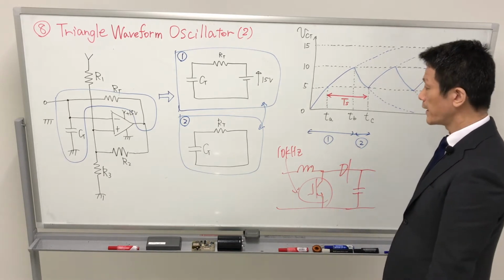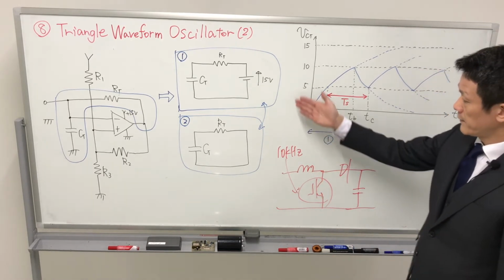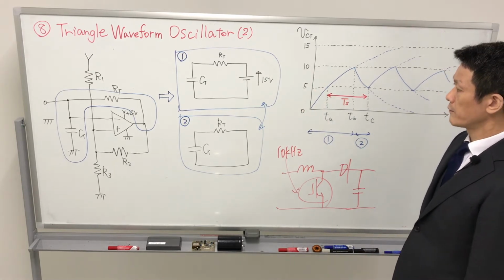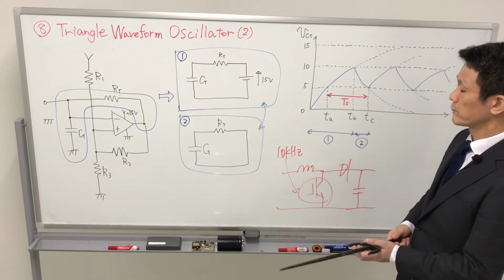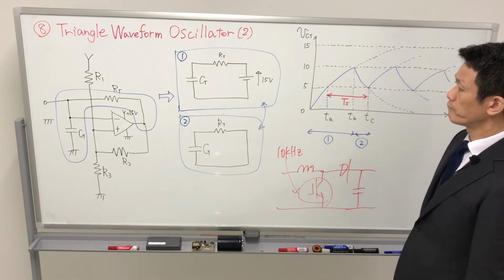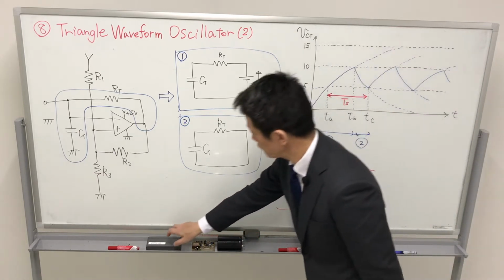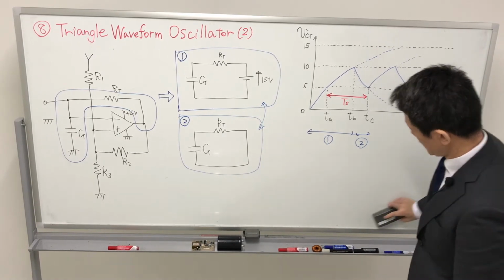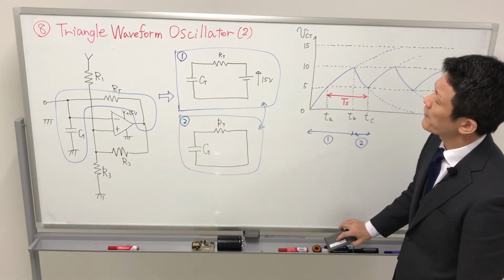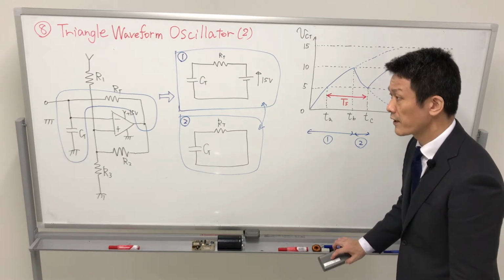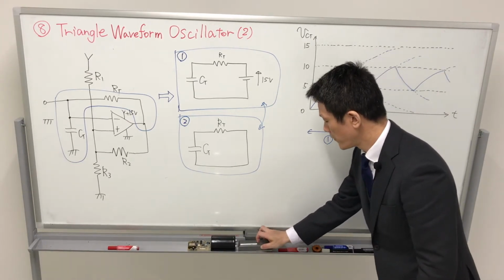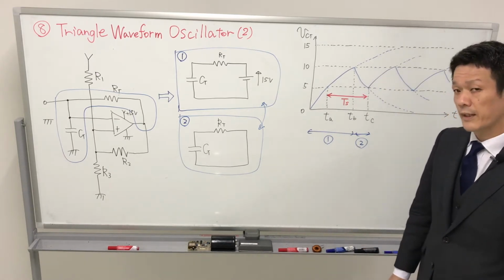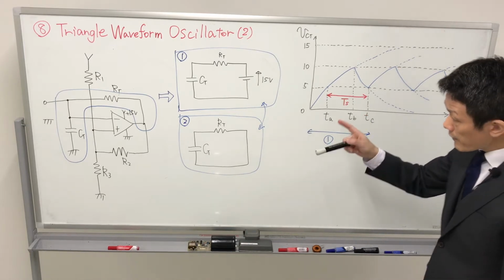Okay, so we must analyze each circuit using the fourth or fifth lecture on the transient phenomenon. Okay, and in the case of the first term,